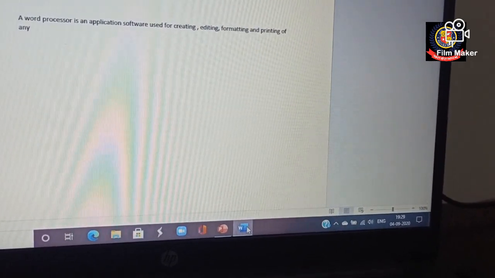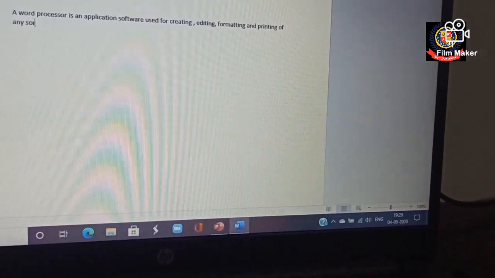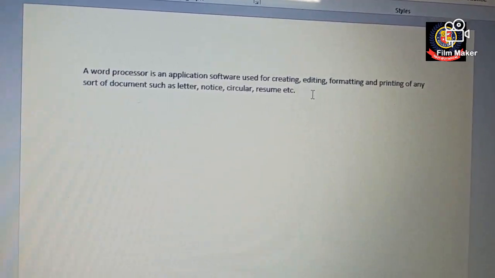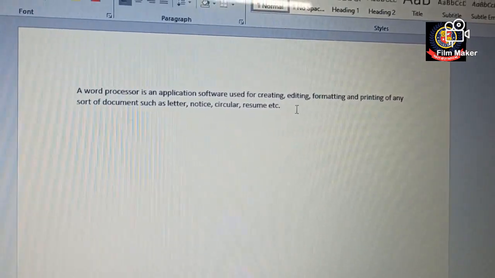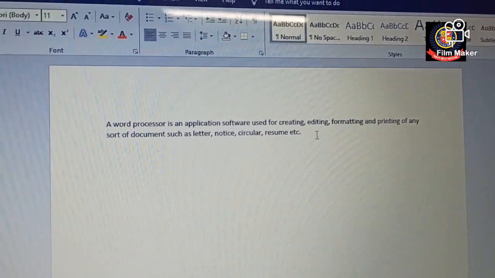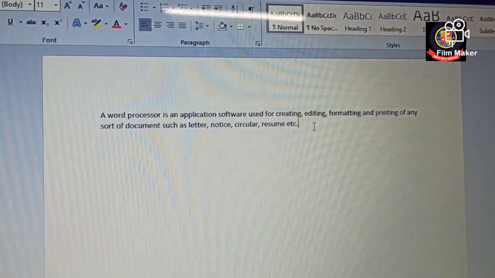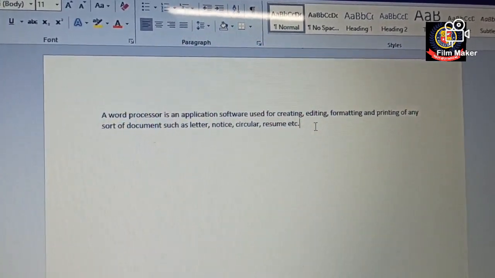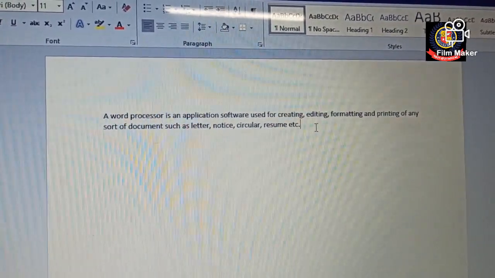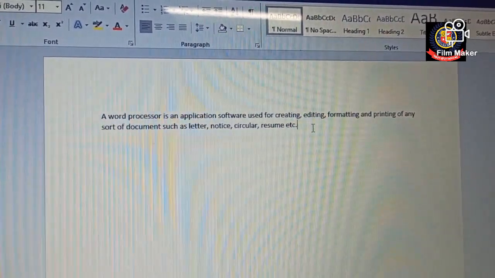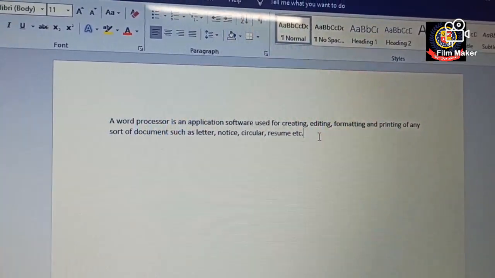As you can see, when my one line is over, the cursor automatically moves to the next line. You can see here that I have typed this text in front of you. Okay, right, this is my MS Word app, MS Word software, as you must have seen. So in this I have typed the text wherever the cursor is blinking. Then once I was done with my one line, I pressed enter, and then the cursor automatically moves to the next position.